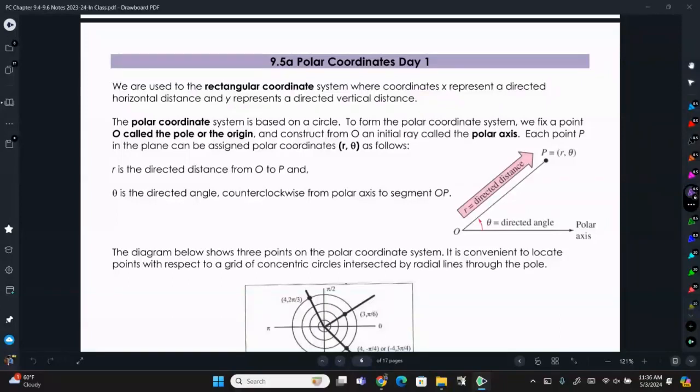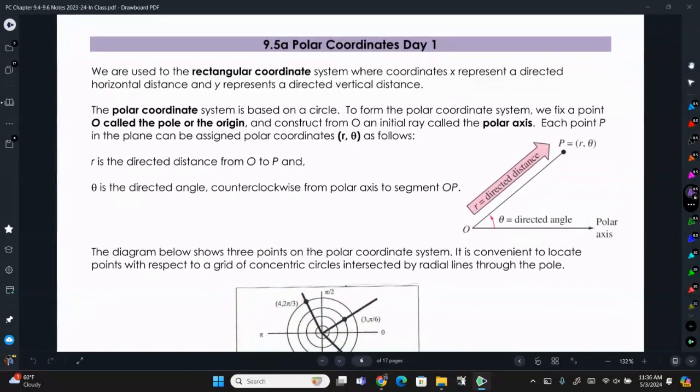So 9.5 introduces what are called polar coordinates. And we just got done talking about parametric equations, but parametric equations still use the XY coordinate plane. It's just we have that third variable t as an additional parameter that gives us the direction of the graph. But now in the polar coordinate system, it's going to be different than the rectangular that we've been using, where